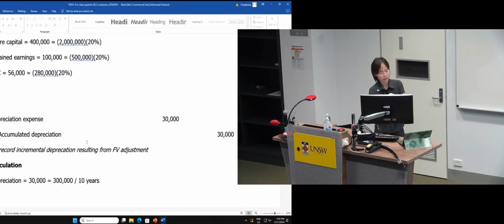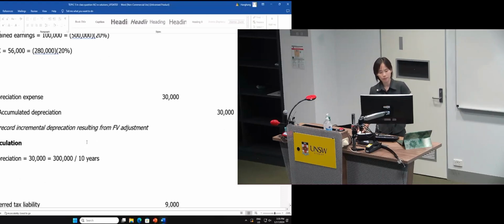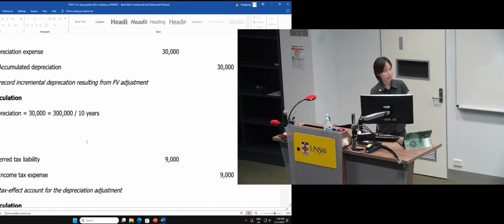There's one item in the record of the subsidiary that is all understated compared to the fair value. So we prepare the revaluation entries for that item, and in addition, we should consider the subsequent depreciation adjustment. Remember that the carrying amount is 300,000 lower than fair value. So the total adjustment of depreciation over 10 years is 300,000, each year 30,000. So we debit depreciation expense, credit accumulated depreciation, and then show the tax effect of the adjustment.